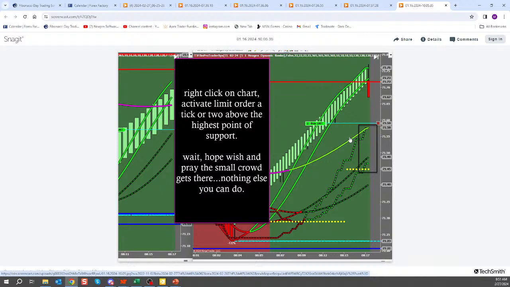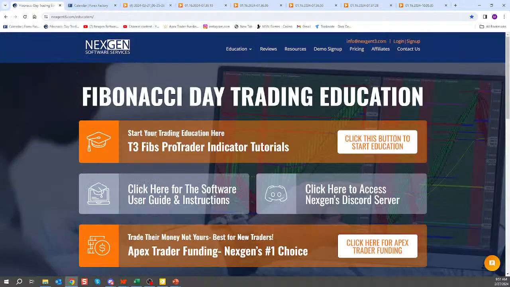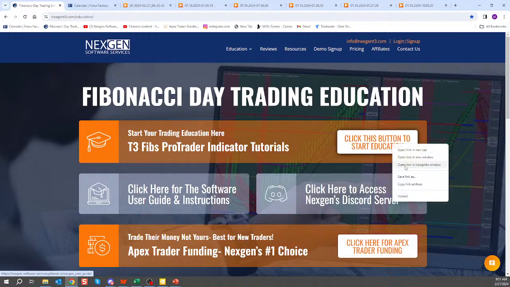Now I'm going to wait, hope, wish, and pray that the small crowd gets there. There's just nothing else to do. Guys, that is your entry. This is the trade that I never miss. This is the trade that I refuse to miss because that's the trade that when the rules are met,